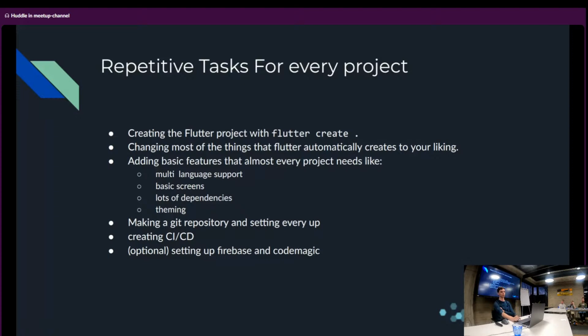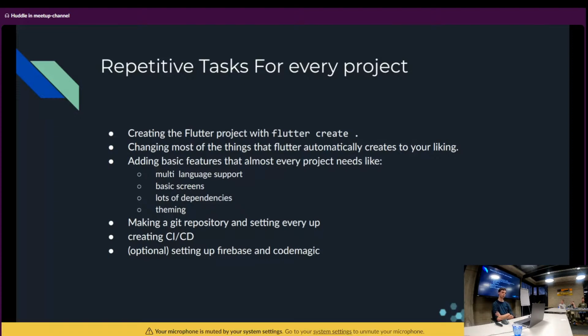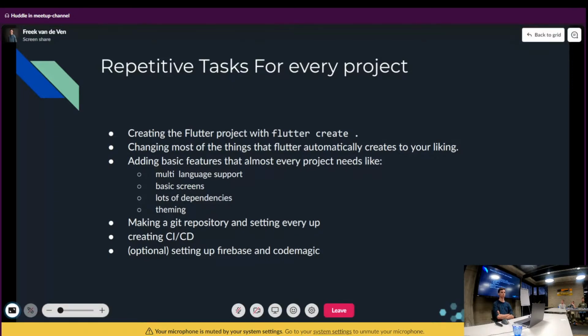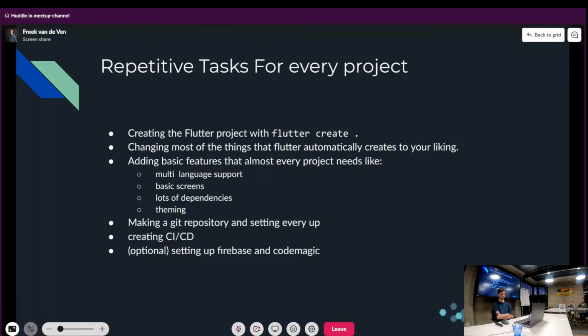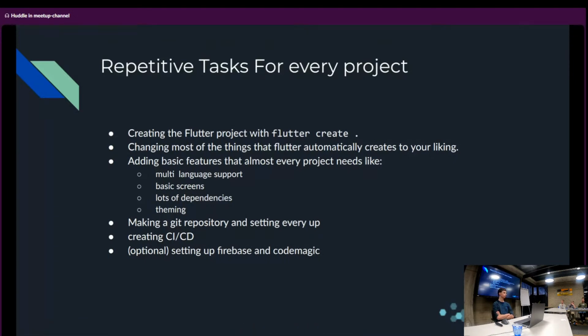And then most projects share features. Nowadays, most of our apps use multi-language support, so we always want 2 language files and some basic translations. Most apps have screens. I can't imagine apps without a home screen, and also a splash screen, and usually a login screen. So we want to add them basically at the start of the project, taking less time,